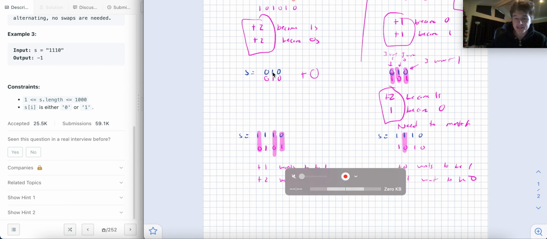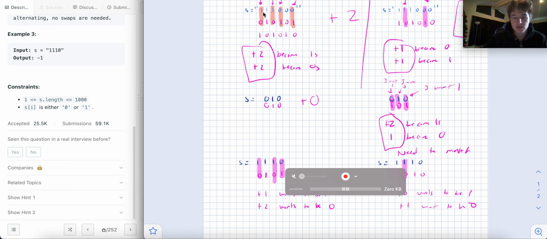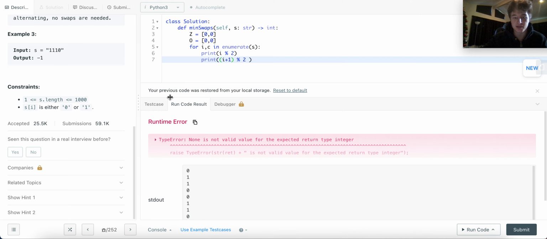Because what we basically did in this problem, right, is every time we saw a string, we created this alternating string so that we could make the comparison. So we need to create this alternating string to make that comparison. So you see how this is 0, 1, 1, 0, 0, 1, 1, 0. So